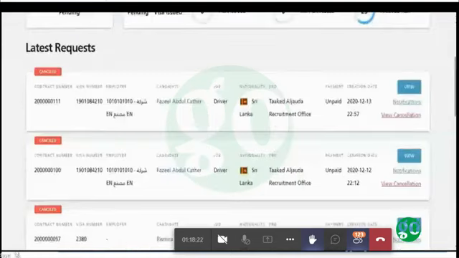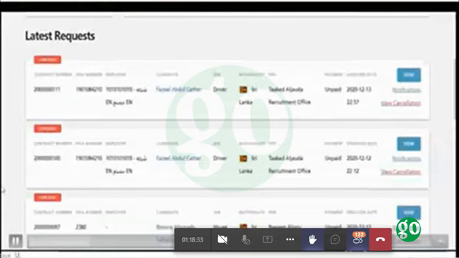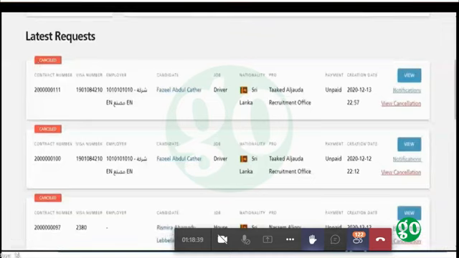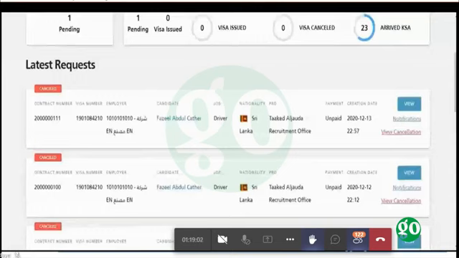Moving to the second section of the page, we have the latest employment request. This section actually represents the latest updates on the last 4 employment requests. Each record is associated with the contract details containing contract number, visa number, employer name, candidate information, the occupation of the candidate, nationality, the name of the PRO, which is the Saudi Recruitment Office, and the payment status, whether paid or unpaid, and the creation date. We will dig deep into the employment request details in the main page, which is related to the employment request.